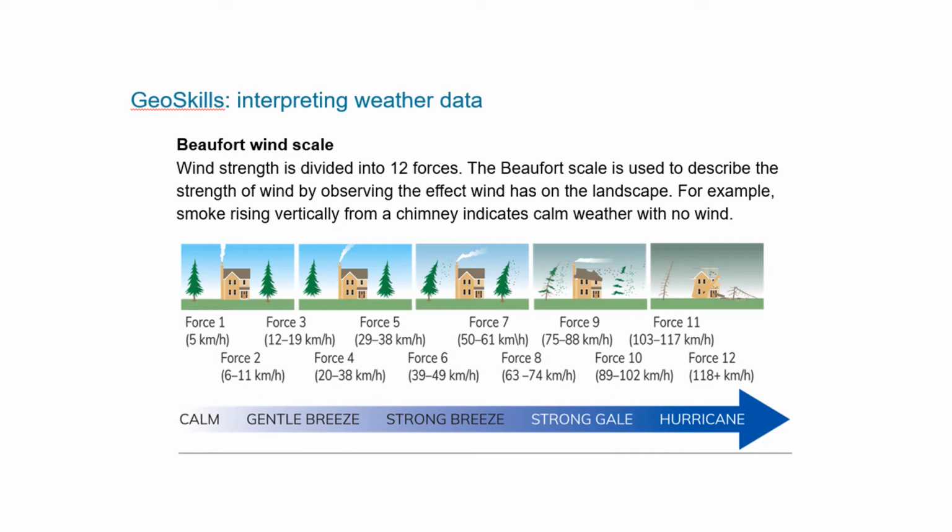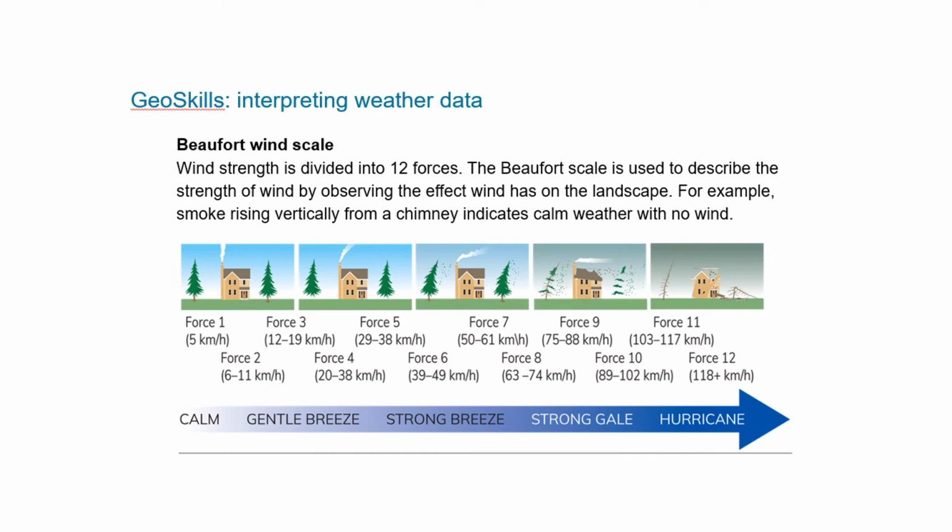Force 8, we've got gale winds, which are 62 to 74 kilometers per hour, and this makes it hard to walk against the wind. The sea has high waves, breaking crests and spray. Force 9, we've got strong gale winds, which is 75 to 88 kilometers per hour, and this can cause slight damage to trees and buildings. Force 10, we've got whole gale winds, 89 to 102 kilometers per hour, and